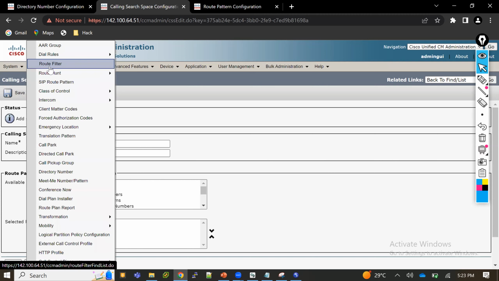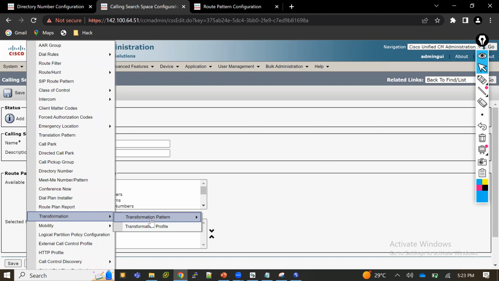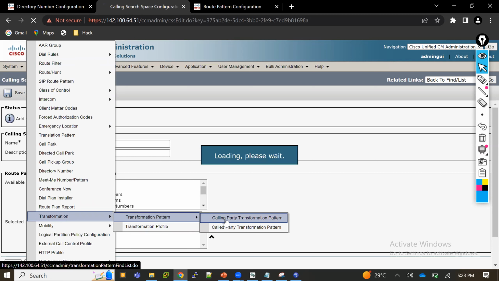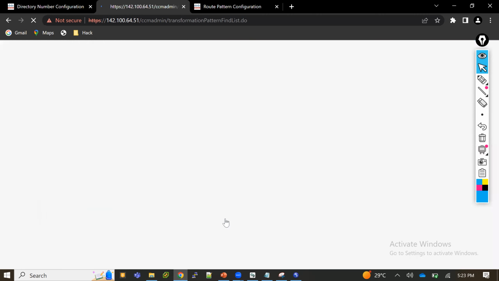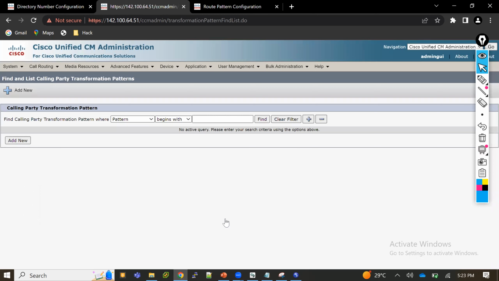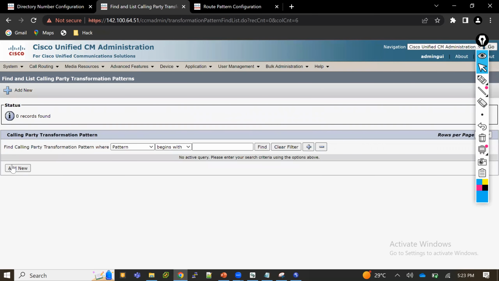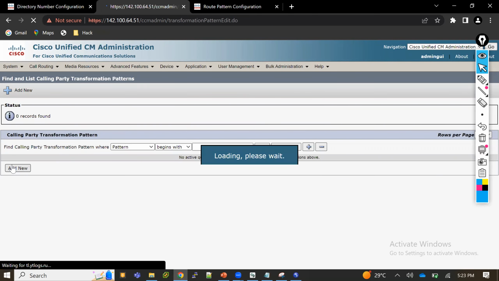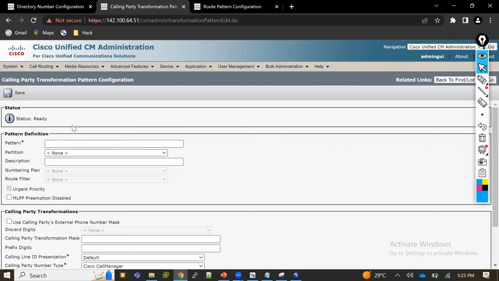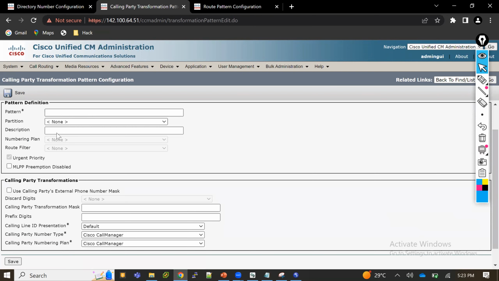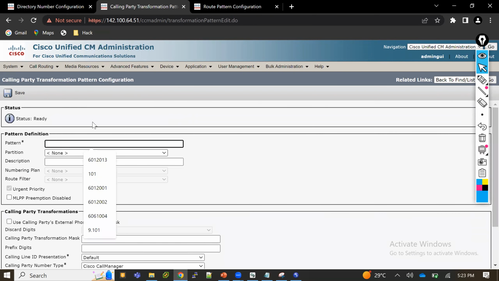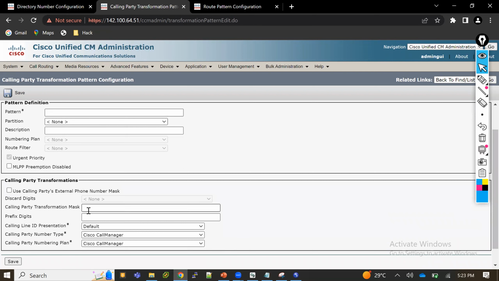Now I'll go to the call routing. I'll go to the transformation pattern, calling party. Find to see if there is any calling party transformation created. Zero records found. I'm going to create a new one. See here. So whenever you dial this particular pattern, it has to be manipulated to this number. Okay. So here,